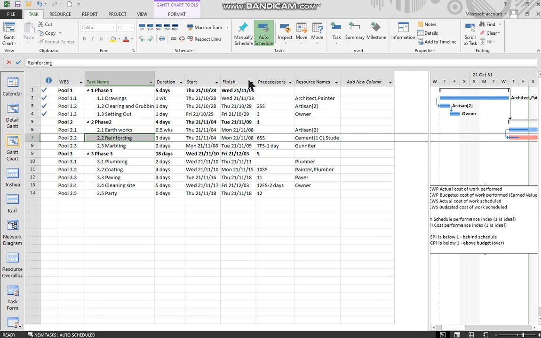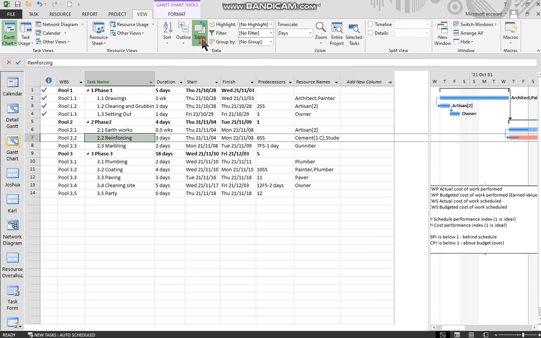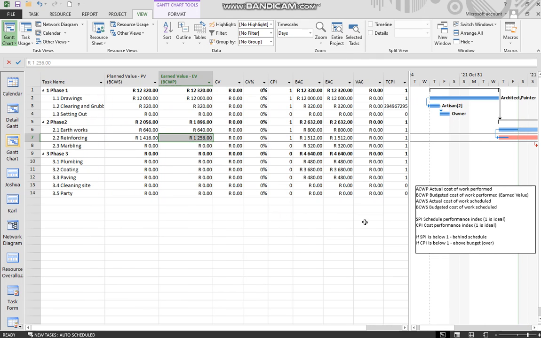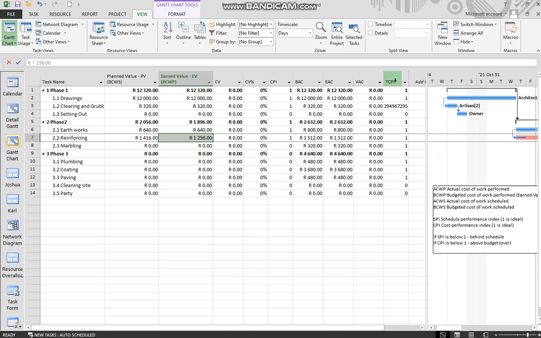If we pull this to the right and go and view an alternative table, under more tables, we can look at earned value, but I'm actually going to look at earned value cost indicators. The cost indicators will give me an indication of what's going on here. The most obscure one being TCPI, the to complete performance index. That one we're not going to look at, but we're going to be looking at CPI, which is currently for these tasks at 1, and that deliverable at 1, mainly because these have been completed and the expected